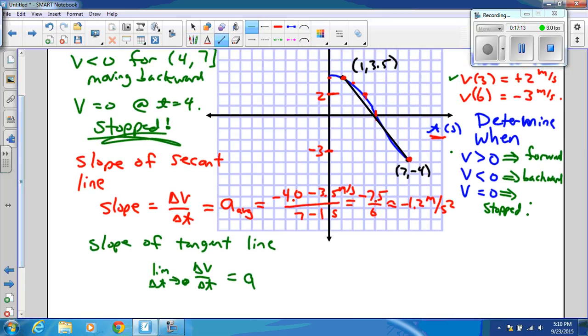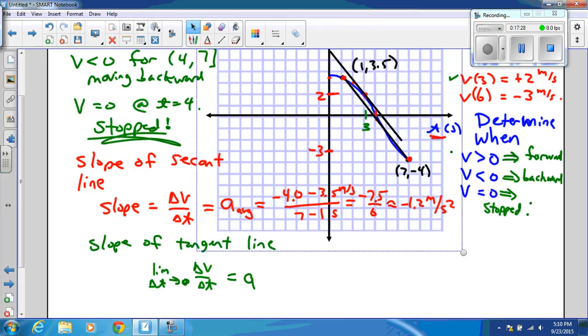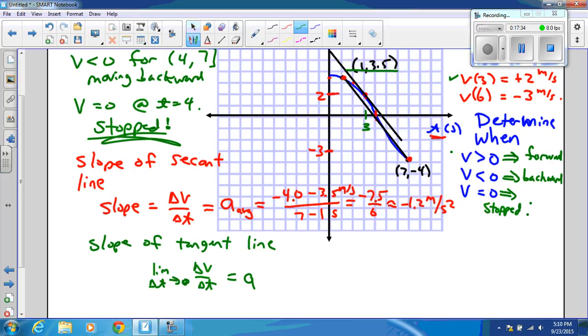And when we do, instead of getting an average acceleration, we get an instantaneous acceleration. So, for example, if I go to the point t equals 3, and I put a tangent line right at that point, sometimes you have to play with it a little bit, really tangent right there, then I can compute the slope of that tangent line